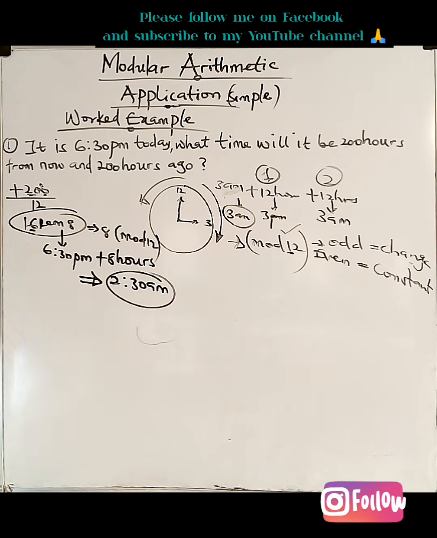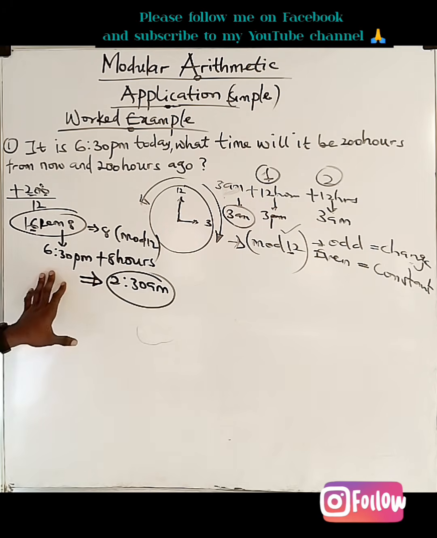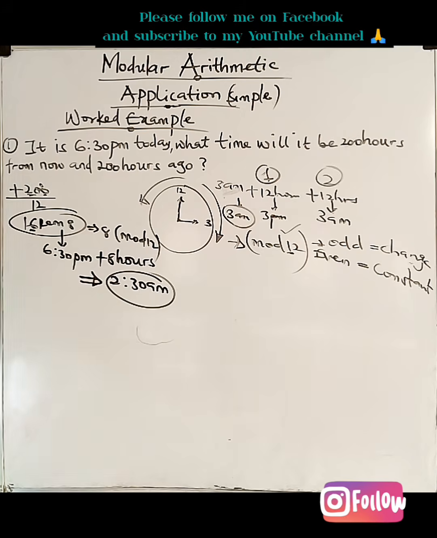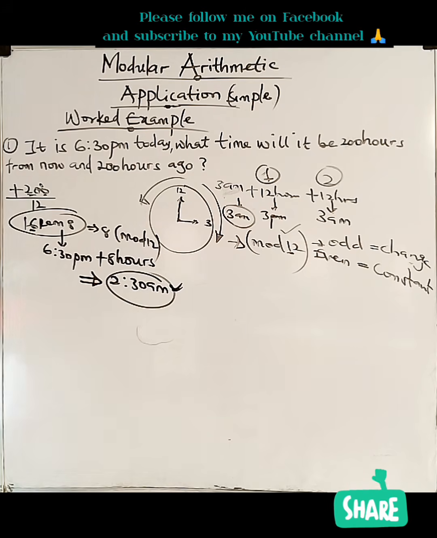So in the next 200 hours, if the time presently is 6:30 in the evening, don't forget that after 16 times movement, we're going to come back to 6:30 p.m. Then 6:30 p.m. plus 8 hours will give us from 6:30 to 12:30 in the morning, then from there down to 2:30. So it means the time is 2:30 a.m. So let's see what's going to be